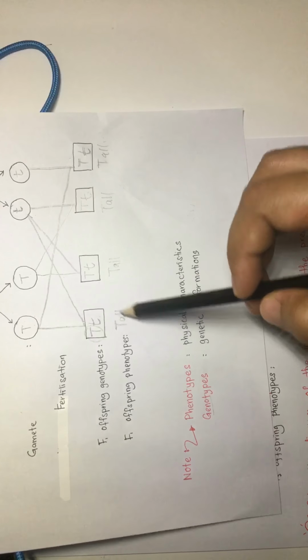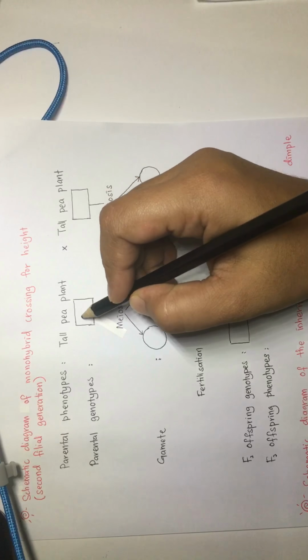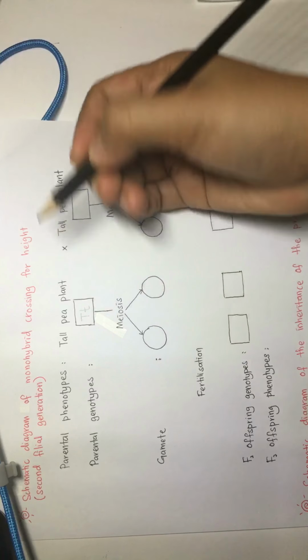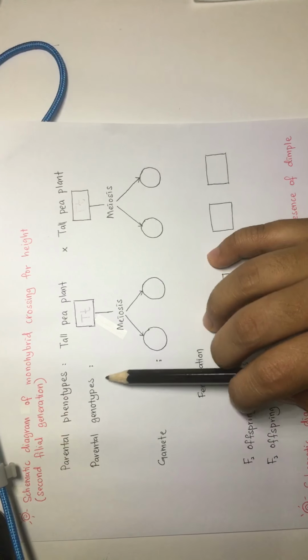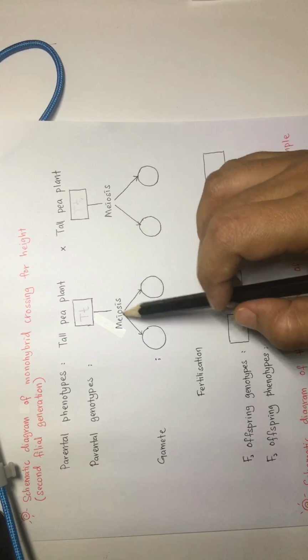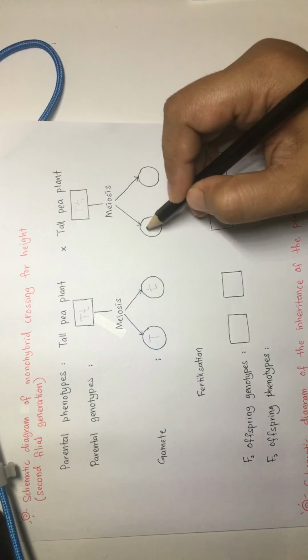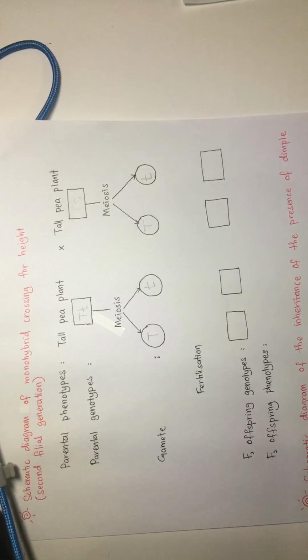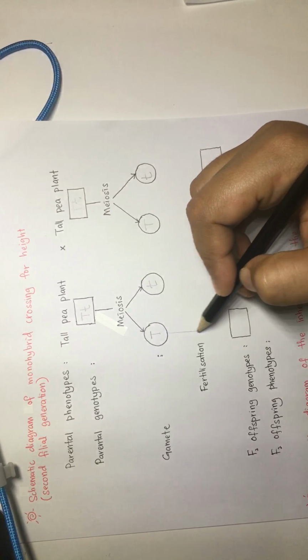So this one is a tall plant. From the first generation, we want to produce the second generation. Just now, the tall pea plant had the genotype of capital T and small t. That is the parental genotype. After that, the meiosis process occurs, so we will split the genes, and then fertilization occurs. Fertilization means the crossing. This gene will be crossed to this one, and that one also. We will do it one by one.